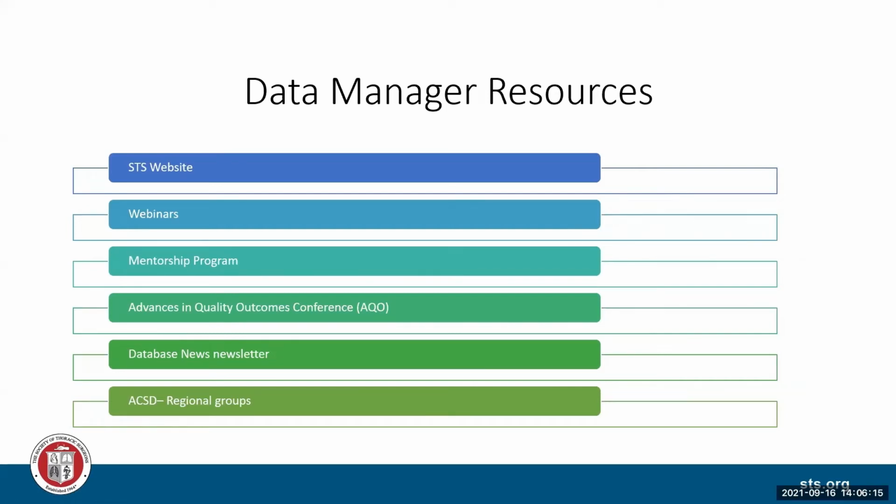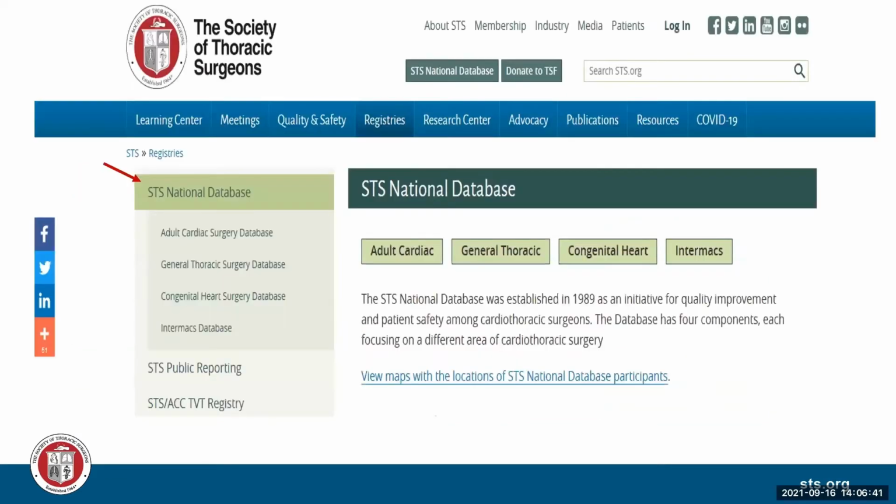So we're going to point out the resources on the STS website, the webinars that we have monthly. We have a mentorship program, and I'll talk a little bit about that. We have the Advances in Quality Outcomes Conference, which is right around the corner. October the 14th is the adult day this year. We have the database newsletter, and we have regional groups to talk about a little bit. So I'm going to run through these slides, and then I'm going to switch hopefully to the website just to show you in real time what it's like. But the first resource I think is the